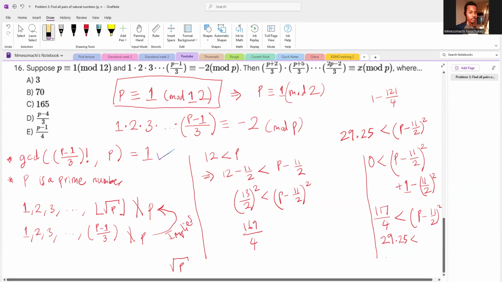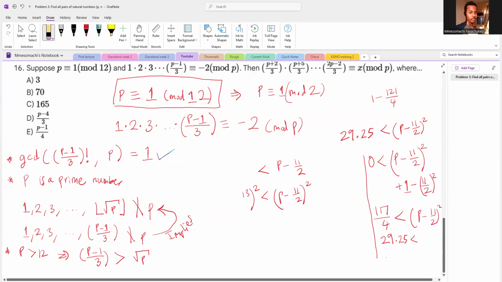So I'll just put it, it's an important fact. So P greater than 12 implies that (P minus 1)/3 is greater than the square root of P, okay? So now that we have this fact, it implies that